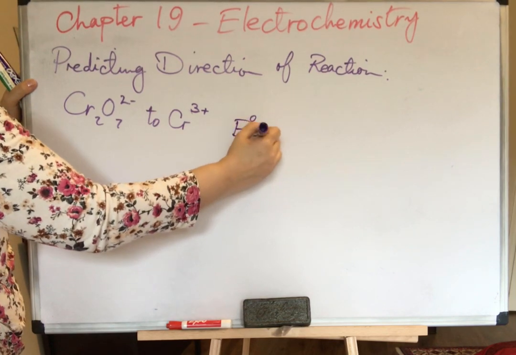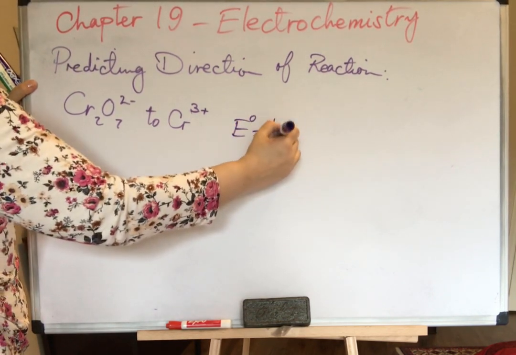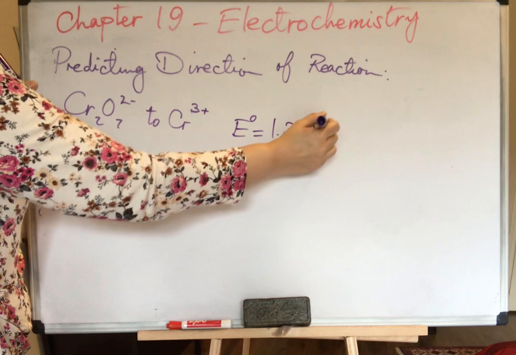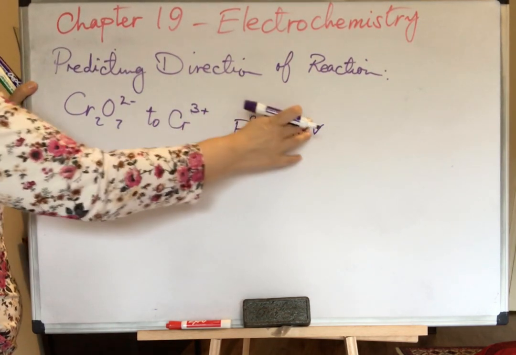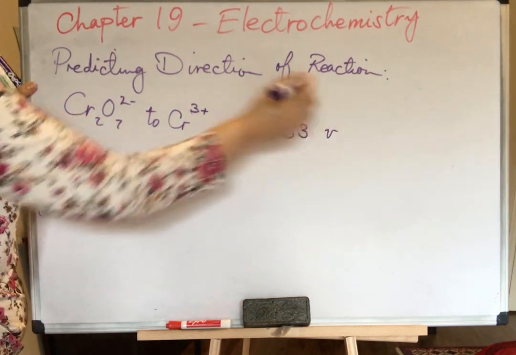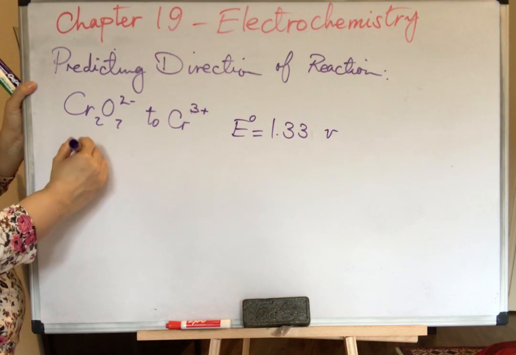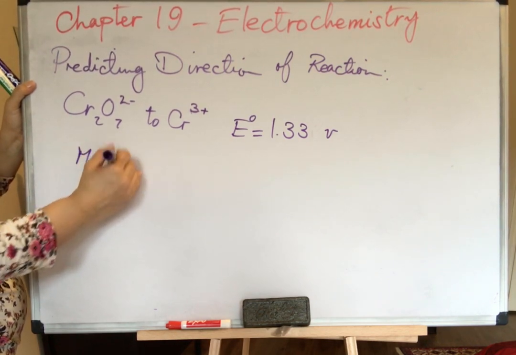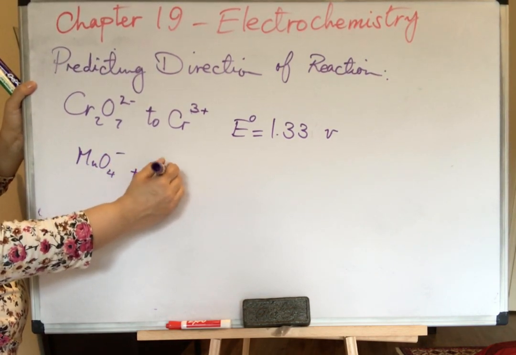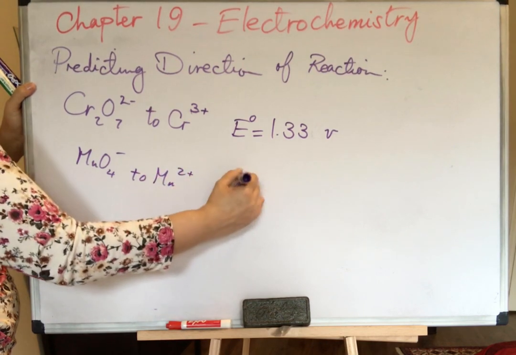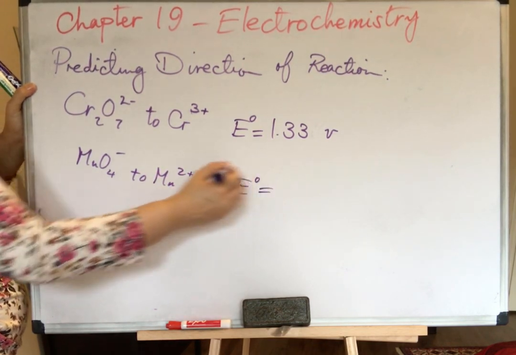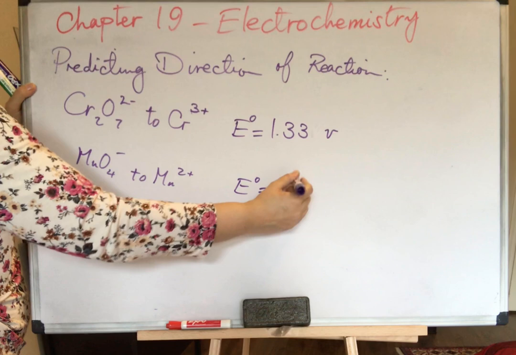Electric potential is 1.33 volts, and for permanganate to manganese 2+,